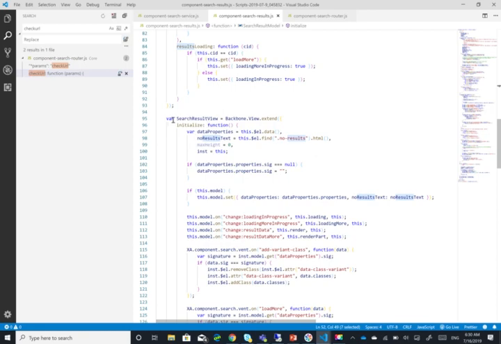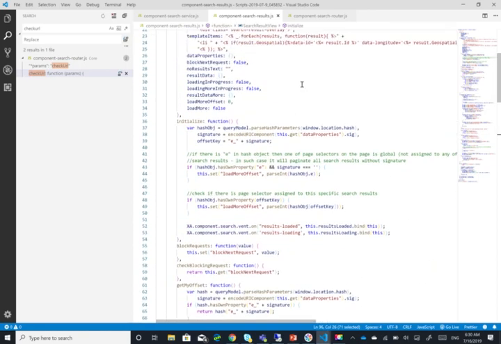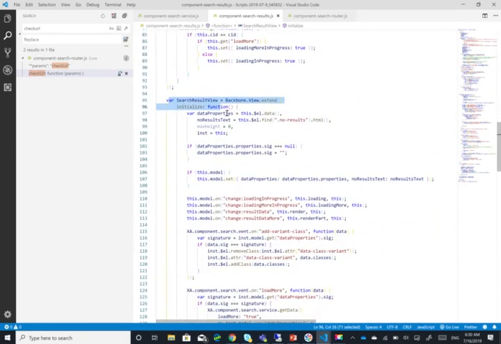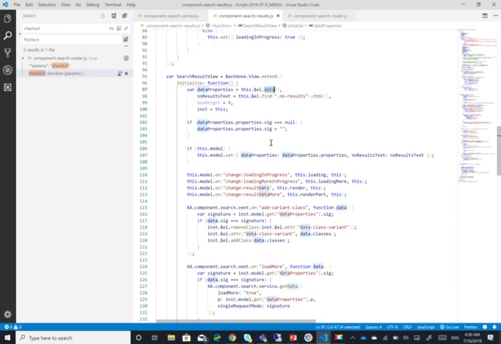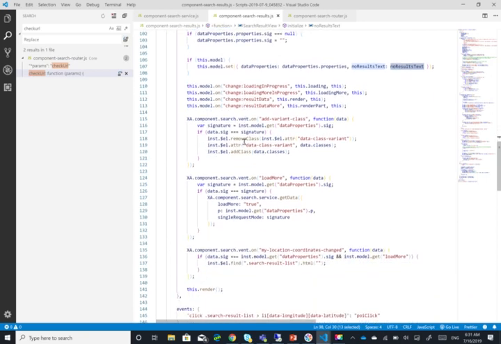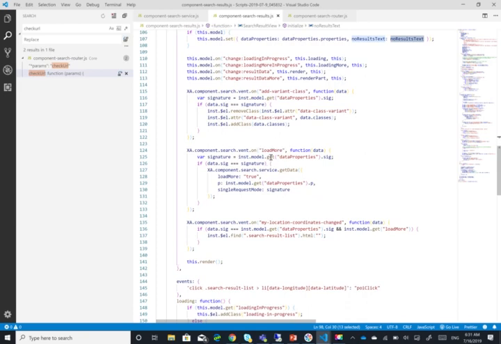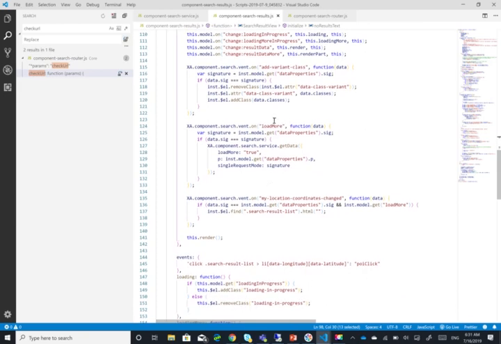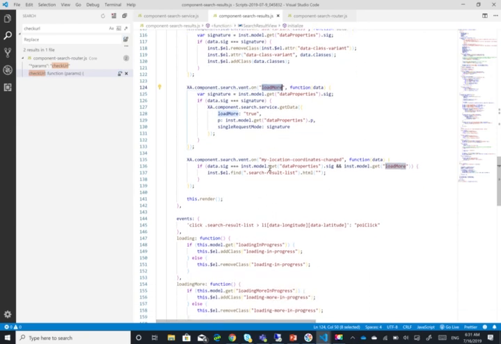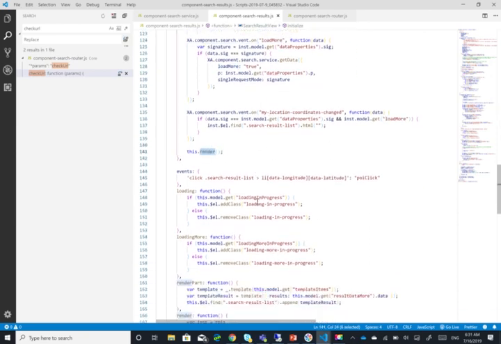Okay, we have the view here. So again, we've talked about the model at the start, and then we have the view here. The view also has an initialize function that ultimately gets the data from the element.data and then puts the no result text, just in case there are no results. Then it starts adding the variant classes and the load more eventing, in case there is a load more function, so that when you click on load more it starts loading, and then it calls the render function,